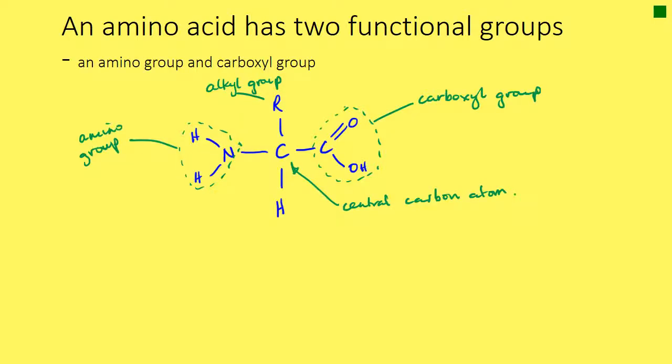So first of all, before we get into the details, we're going to just study what an amino acid is. And the fundamental thing about an amino acid is it has two functional groups. It has an amino group, hence amino, and it has a carboxyl group, hence acid. So we're going to draw a typical amino acid,